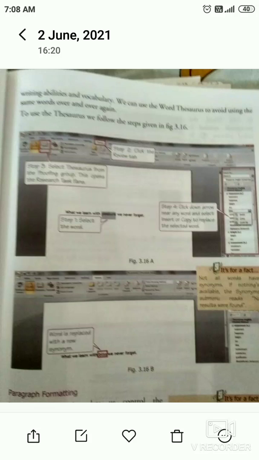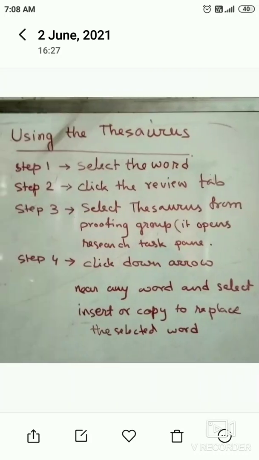To use the thesaurus option, we have to follow a few steps. First of all, select the word. Next, click the Review tab and then select Thesaurus from the Proofing group.